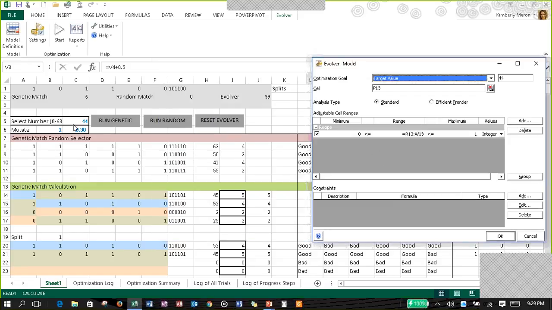As we said at the very beginning, we are looking for decimal number 44, which equates to our answer 101100, and in Evolver, we put that as our target value. Then in the cell, we say where we're going to put Evolver's answer. So Evolver is going to compare what we put, in this case the number 44, to what it outputs into cell T13. To do this, we have to put in our input, which is in range R13 through